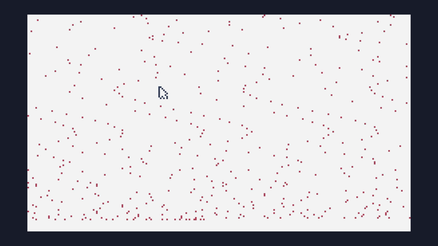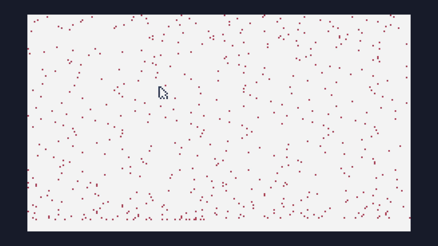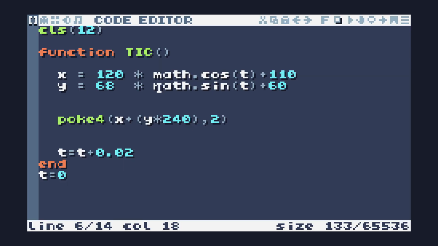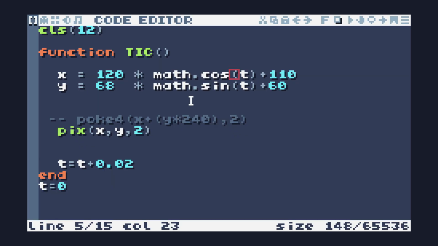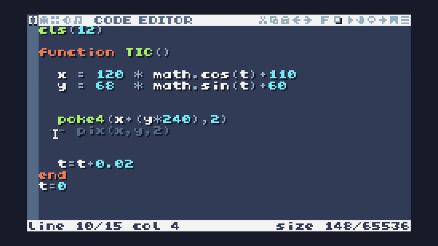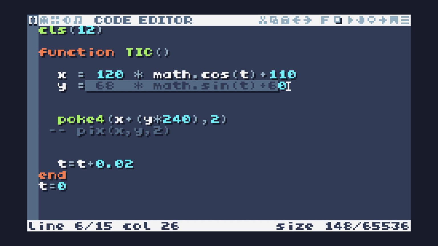So what we're seeing here is one of the differences between the pix function and the poke function. So let's just comment this out, and let's just go pix x y 2, and we get what we would expect. What is happening with poke? Why is it giving us this garbage instead of the nice smooth curve? And the answer is this here,